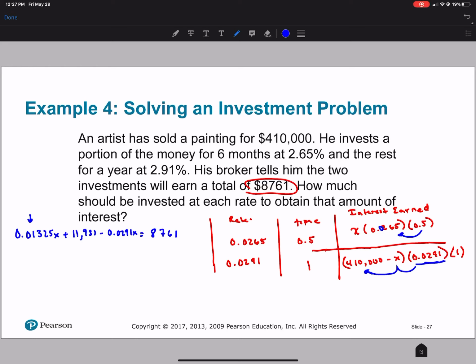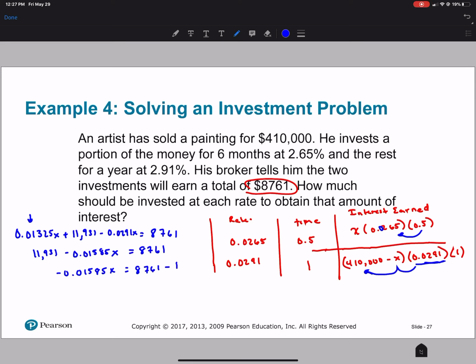All right. So when we keep going, we're going to put all our x's, so we're going to do our like terms. And we'll get 11,931 minus our 0.01585. Now, you can just put this stuff in the calculator, of course. And it'll be 8,761. Now, I'm going to have negative 0.01585 x is equal to, then it's going to be